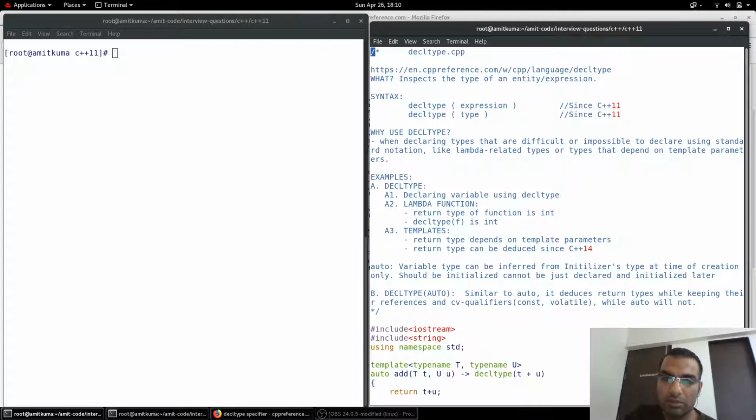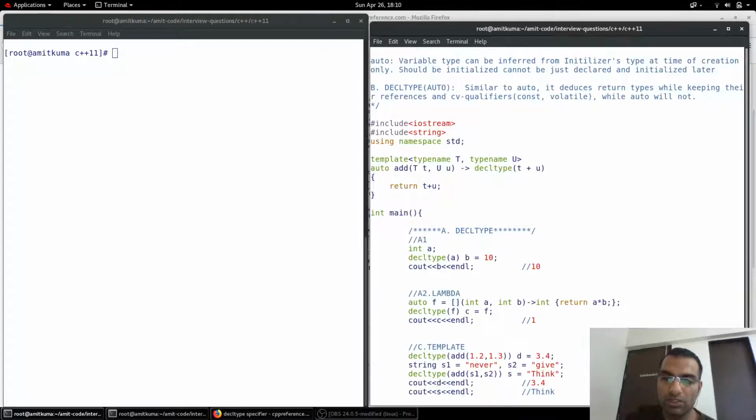The first example is declaring a variable using decltype. We have taken an int variable a, then we have deduced the type of variable a using decltype, and we have declared the variable b. So now the type of b will be int and its value will be 10.